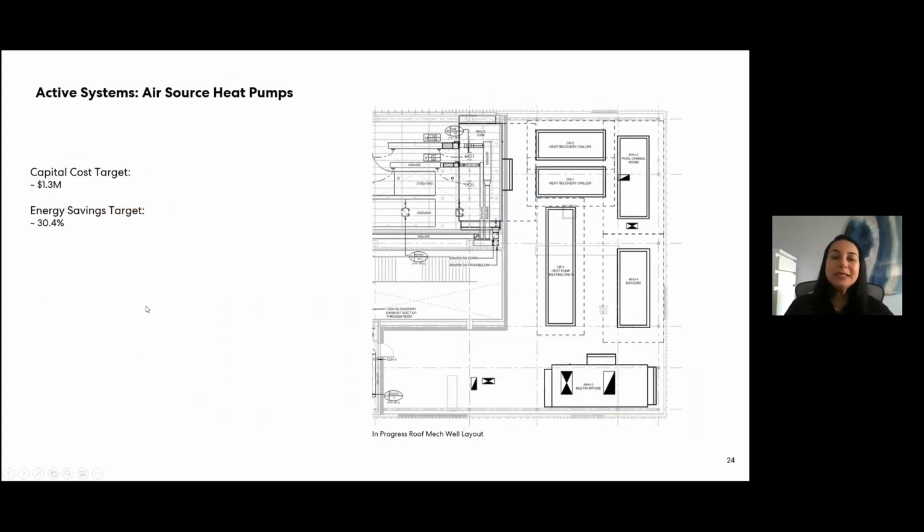For active systems, we did analyze different active systems. What the project ended up with is air source heat pumps. We did take a look at geothermal, and due to the makeup of the ground, it was a hefty premium to actually go geothermal, even though everybody was heavily invested in both geothermal and air source heat pumps, so it could have really gone either way. Geothermal does tend to introduce a little bit more of a resiliency aspect, just because it is a little bit less finicky than air source heat pumps, for example, in extreme cold weather,